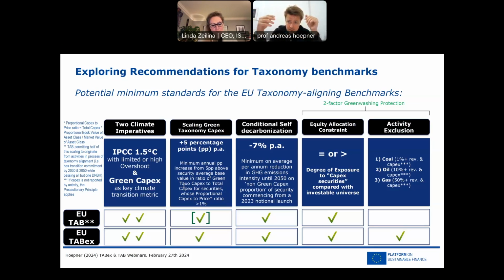So, and keep in mind, this is CAPEX. Any issuer that currently runs on brown revenue can put their CAPEX into green. It's up to them. It's the willingness of the management. And the number is on the financial account. You can see it. Are they for real? Are they not for real?